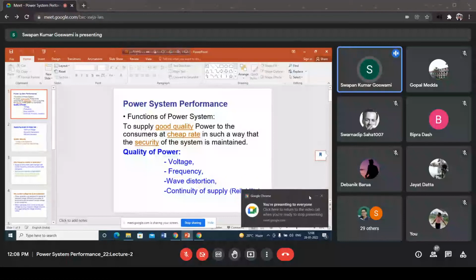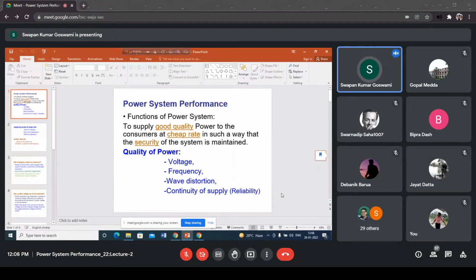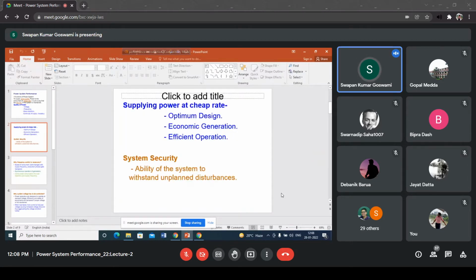Perhaps it is visible to you, and this is what we were discussing in the previous class, the performance of power system, how this can be actually measured and how this can be assessed. We talked about the necessity of voltage control and frequency control. There are other issues like security of the system and